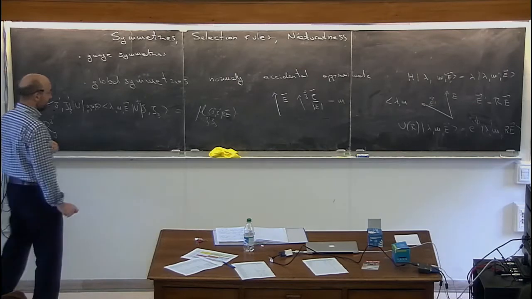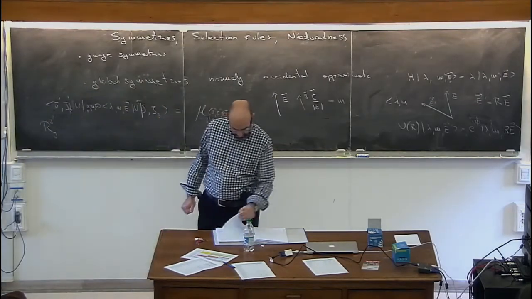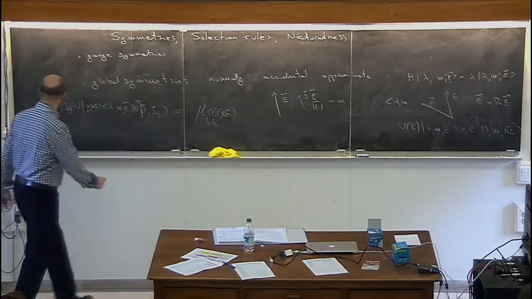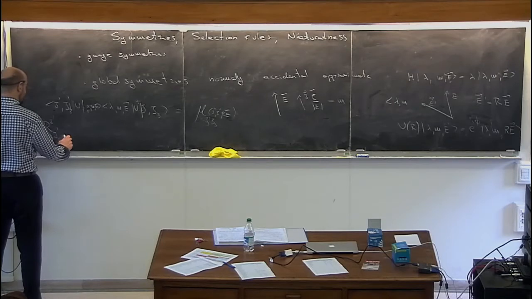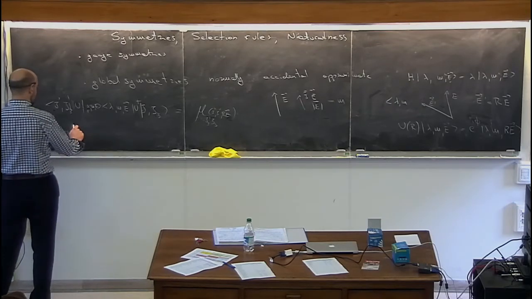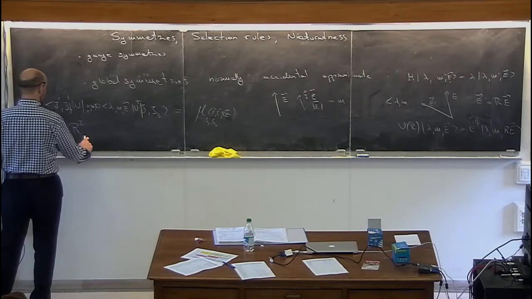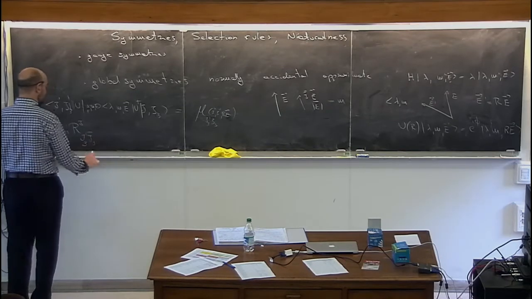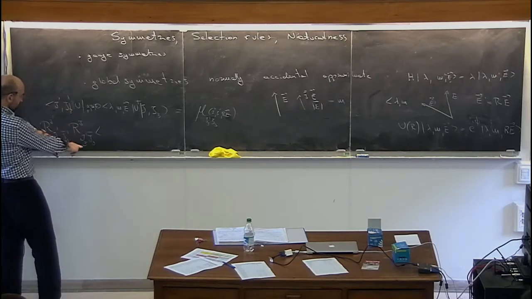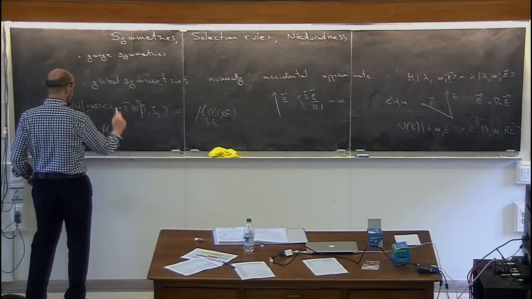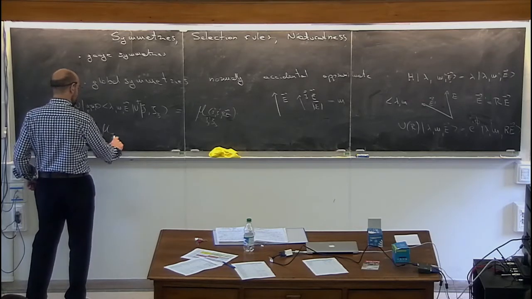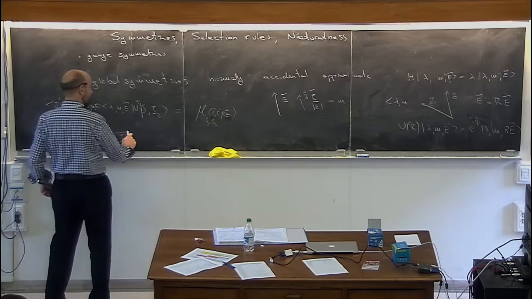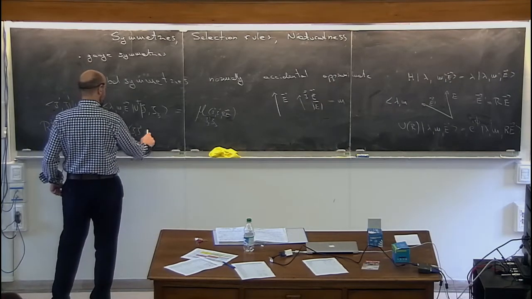Am I using the right notation? I think I'm using the wrong notation. Sorry, guys, one second. Okay, let me use the bars here. J3 prime bar, R of J, J3 bar, of the quantity is just acting as M of J3 bar prime, J3 bar of J prime E.